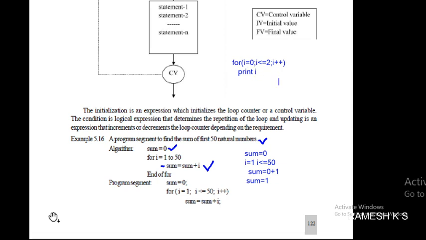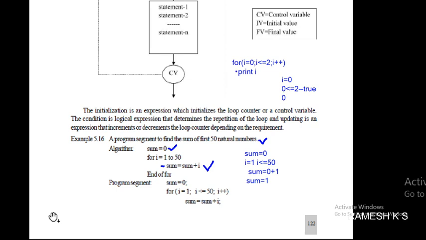In this example, first it executes the first expression, I is equal to 0. Then I value 0 is substituted in 0 less than or equal to 2, which is true. Once it is true, print I, so 0 will be printed.